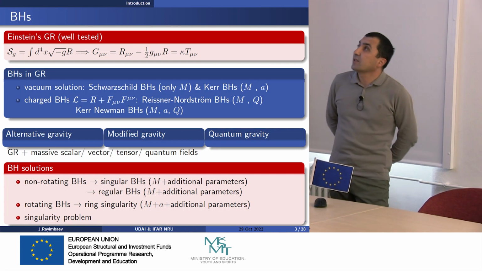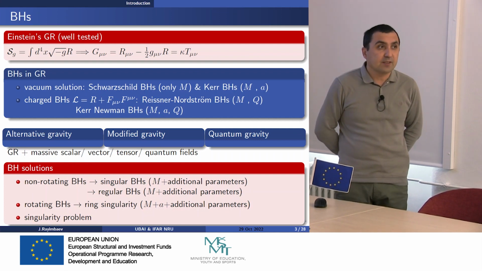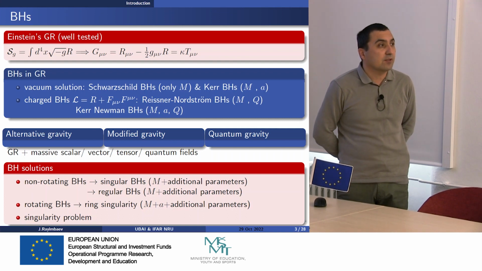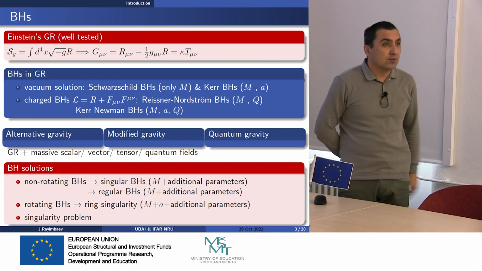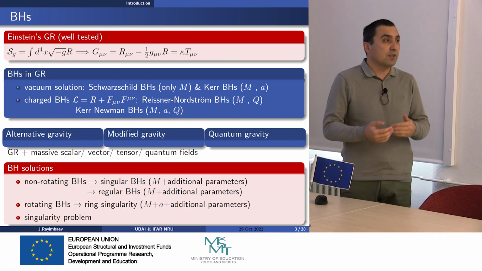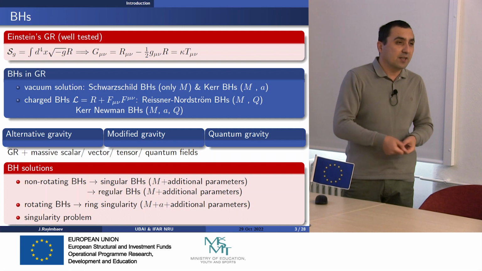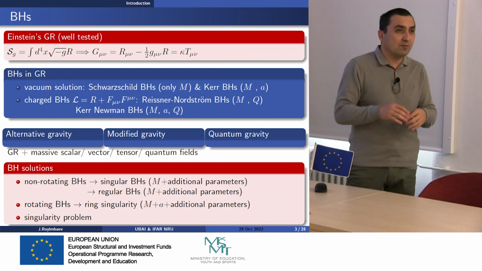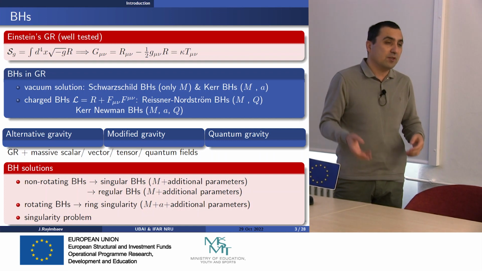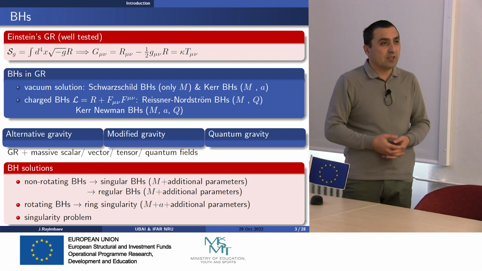Actually, as we said in our previous lecture, black holes are very simple objects. Actually, they are not that simple, since they have two or three parameters. We don't know; these are the parameters of the space-time around the black hole, not of the black hole itself. So what is a black hole? Is there some exact matter inside the horizon? We don't exactly know. We don't know about the inside of the horizon. So we will work with the space-time around the black hole.